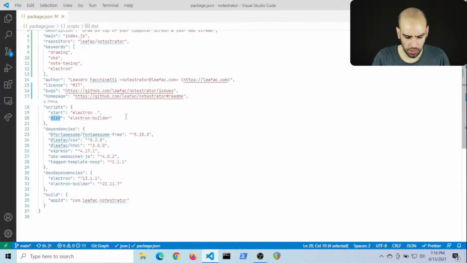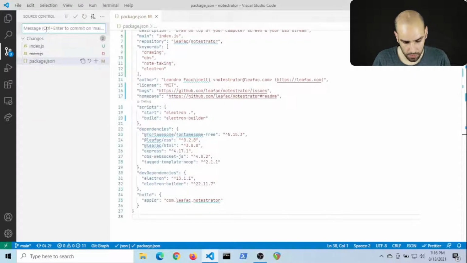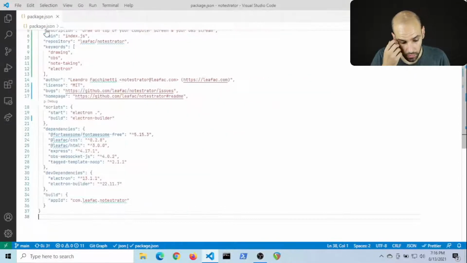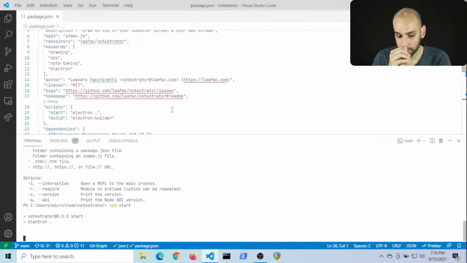I don't think I want to call this dist. I think I'll call it build. I mean, it is building, right? And then everything else still makes sense for now. Let's see if npm start is still working.